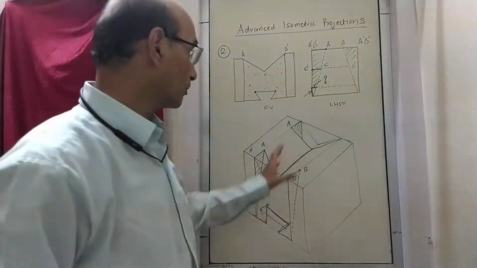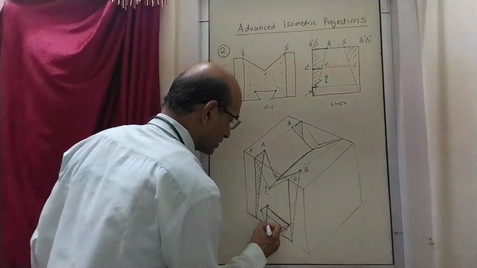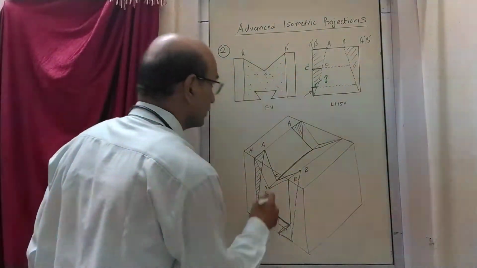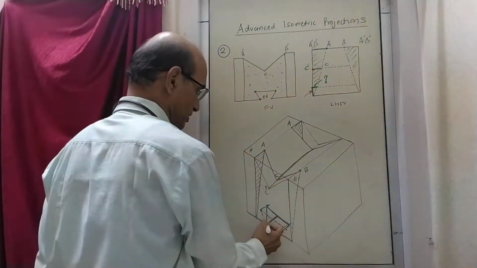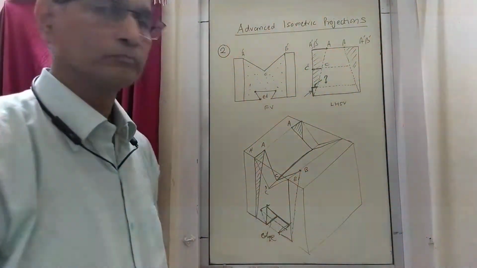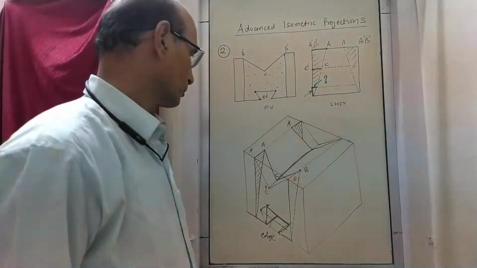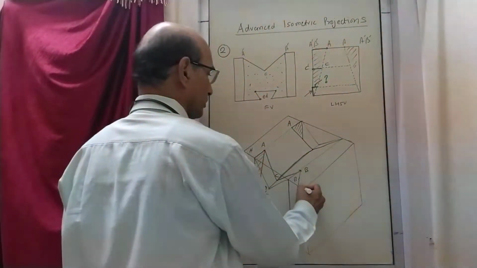So when you draw, it will come proper, which will be in this plane. Now of course you don't have to forget this line. This has to be always there. This is the inside edge, the edge here. That edge is here, which you will draw. So that is the way this particular problem you have to complete.